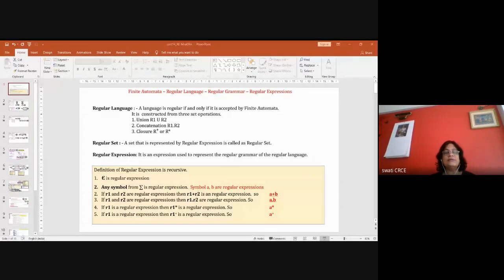Today's objective is to teach you about Arden's theorem. Arden's theorem is a theorem where, if any finite automata is given to you, you can find out the regular expression for that. In yesterday's lecture we studied how, for a given regular expression, to find out the DFA or NFA. And Arden's theorem is used to tell you the reverse way. Like a DFA is given to you, and from the DFA you can identify the regular expression.